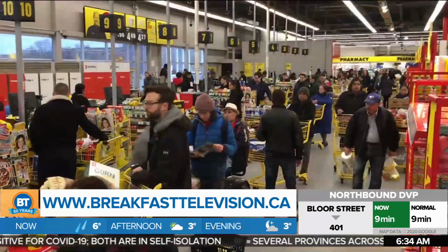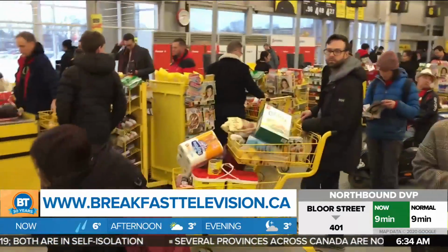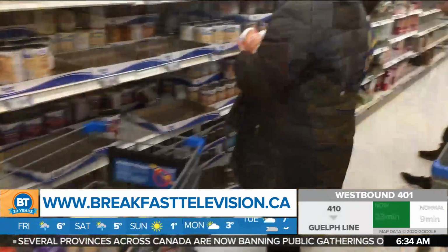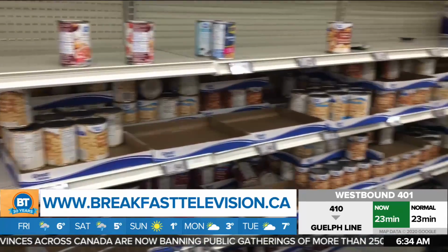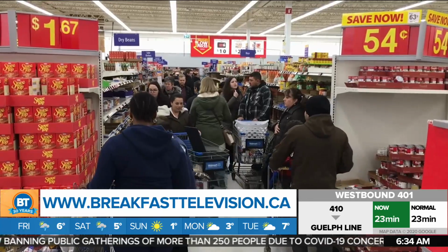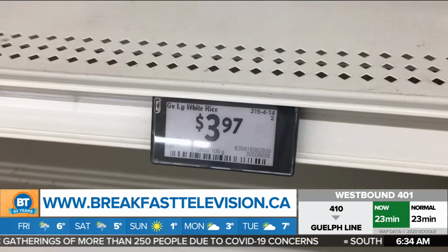When you go inside, it is typical of what you've probably already seen when it comes to stock. No toilet paper. There were only 2 packages put out on one of the store shelves early this morning, and I saw someone walk out with both of those packages already, so there's zero toilet paper in the store. Other things that are gone: rice, pasta sauce, a lot of meat and fruit, and bananas are completely gone as well. That is as people continue to stock up with this fear that there may be some kind of mass quarantine, and they want to have all that they can